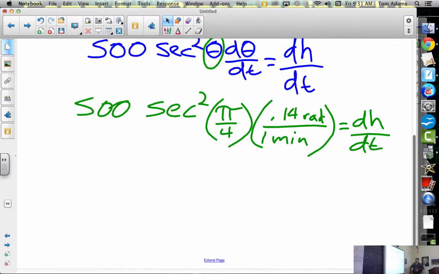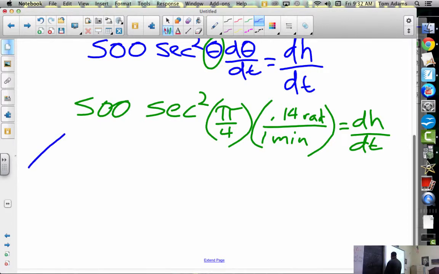Now, I could use my calculator. The calculator doesn't have a secant squared. What's secant? We only have sine, cosine, and tangent. How could I represent secant in the calculator? 1 over cosine, right? Could I do 1 over cosine squared and get the same answer? Yeah, but you know what, pi over 4, that's pretty easy to do, right? So,